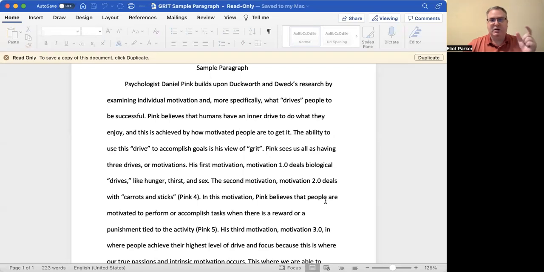So given the fact that Duckworth and Dweck are included in those sample paragraphs, I thought I would show you a paragraph dealing with Daniel Pink. So the first thing that I would suggest you do in writing this essay is write your body paragraphs first. I know in talking with some of you, you do that anyway, but I think it's really important when we're dealing with 3 different kinds of sources from 3 different theorists to write your body paragraphs first and see what ideas, thoughts, comments you have about grit as it relates to those 3 theorists and their ideas, and how that emerges in your body paragraphs.